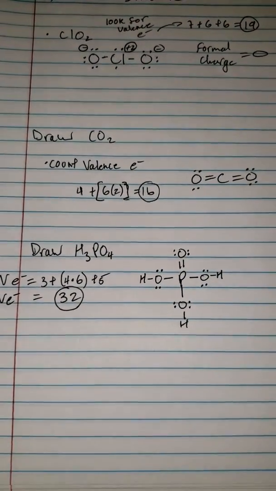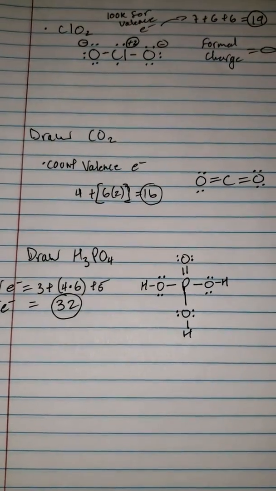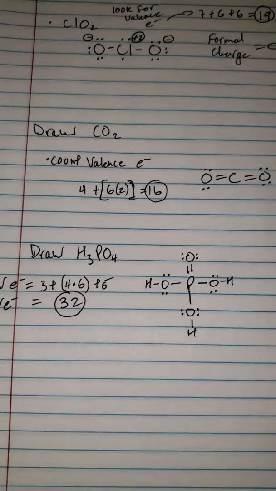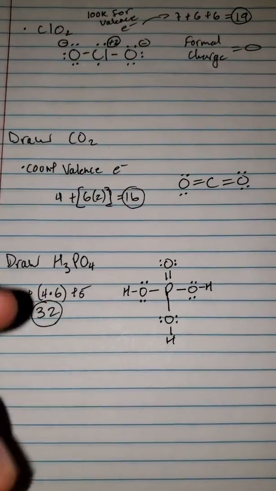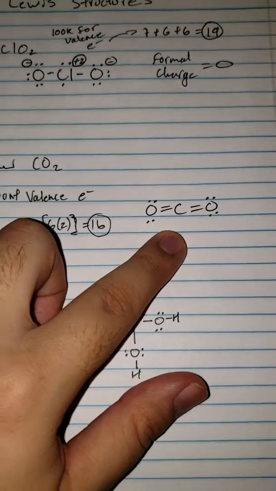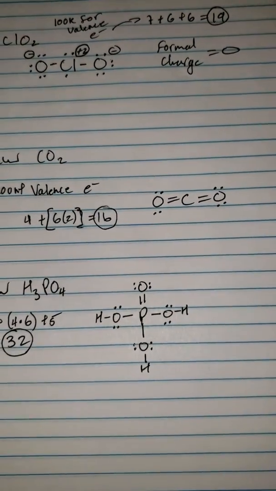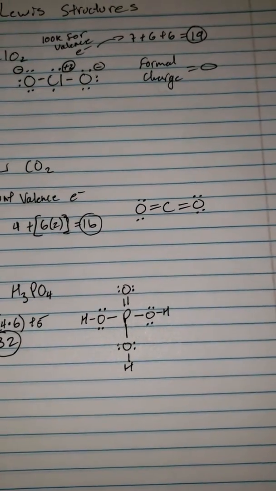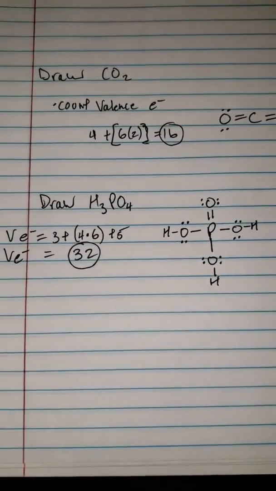And then for the second one, we have to draw carbon dioxide. So we count the valence electrons, and we know that carbon has 4, and then oxygen has 6. So 4 plus 12 equals 16. And then we draw it, and we basically get double bonds bonded to the carbon and each oxygen. And then for the third one, it's a little tricky one, but